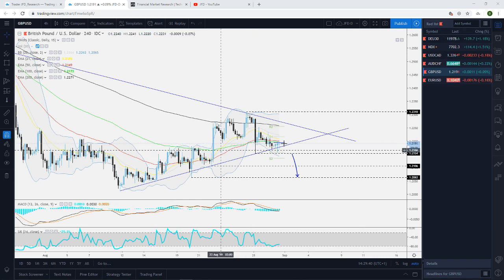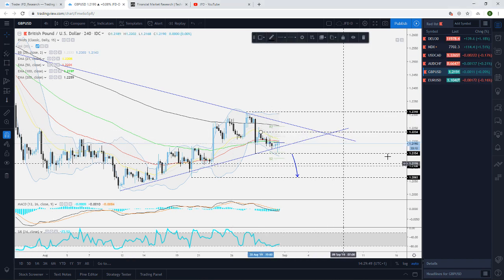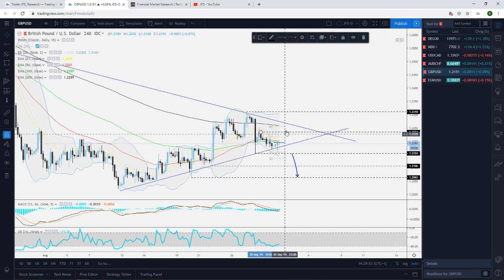From the very short-term perspective, what you could do here is, of course, maybe keep an eye on some of these levels here, like for example this one right here. Let me just quickly put this one on the chart, around the 1.2234, 35. A nice good push above this could in a way lead the pair towards the test of this downside line,